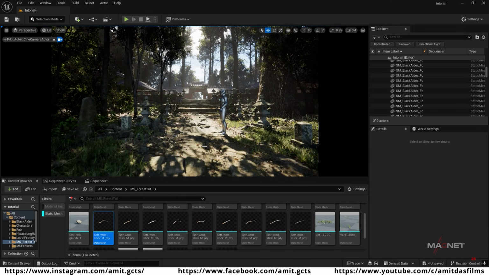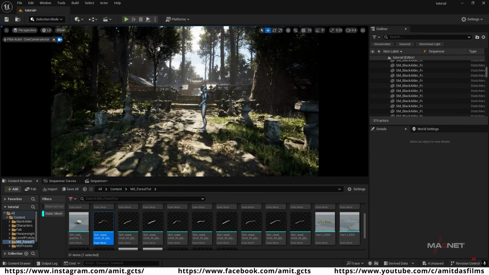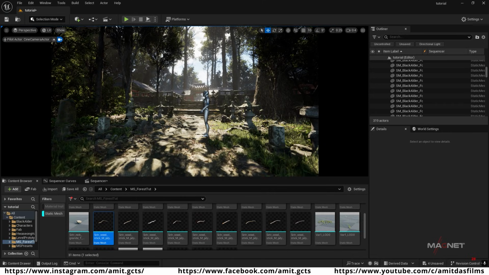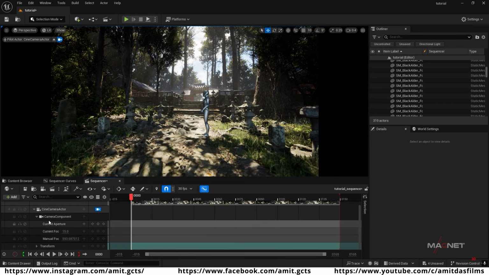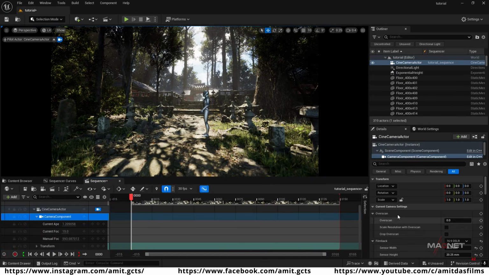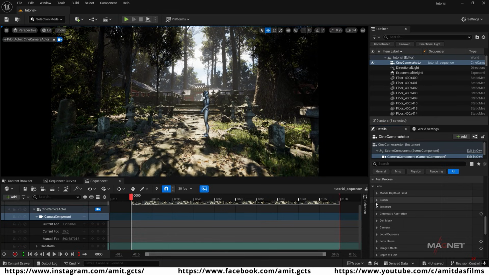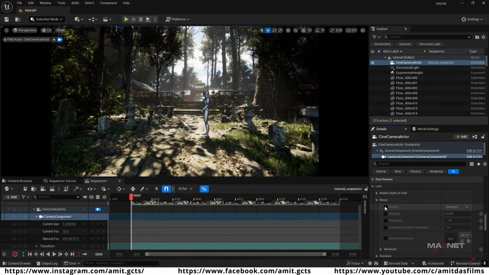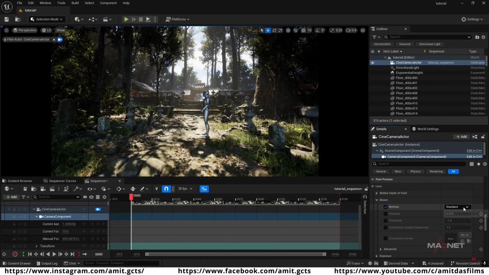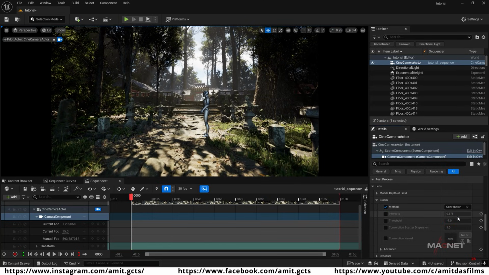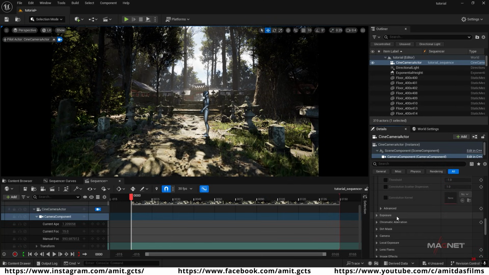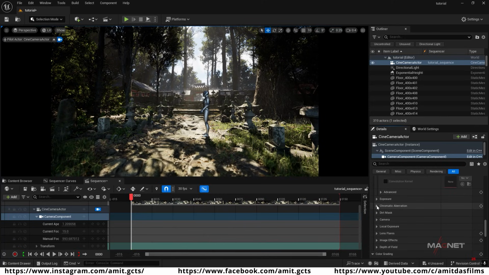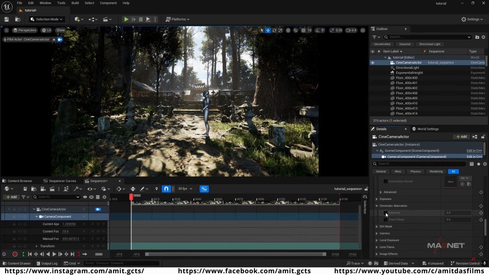Okay, and now we're going to change some settings to our camera to make our scene a little bit better here. So I go to the sequence and then I go to this camera component. Then I go down here. First I go to the bloom settings and I activate this method and we change the method from standard to convolution here. And then also we go down here and go to this chromatic aberration and go to the intensity